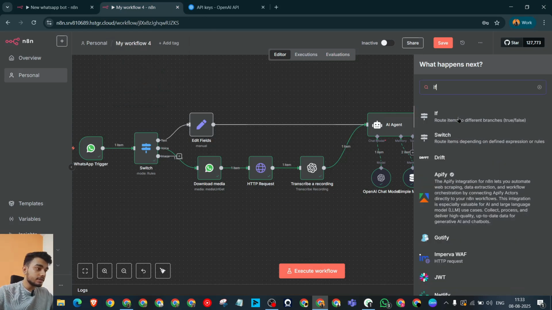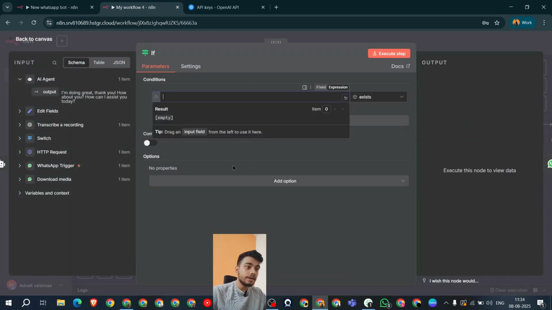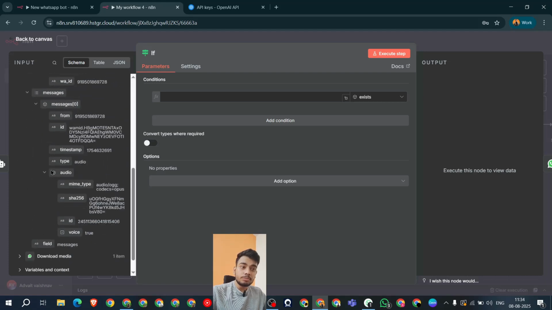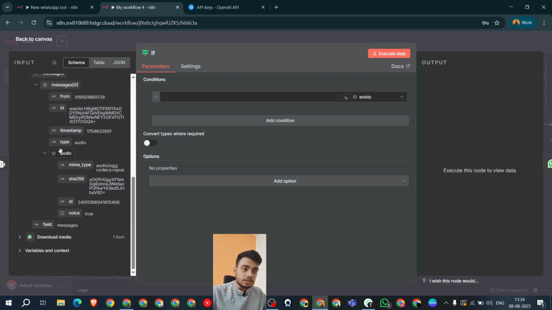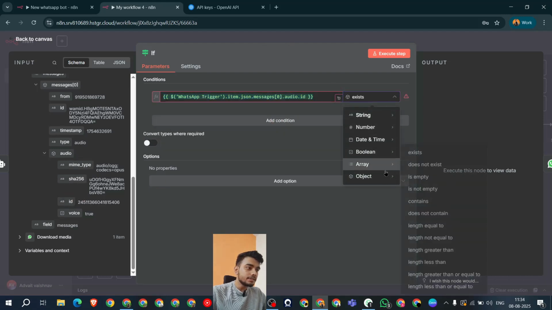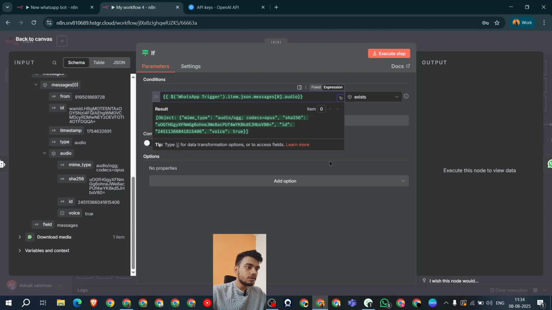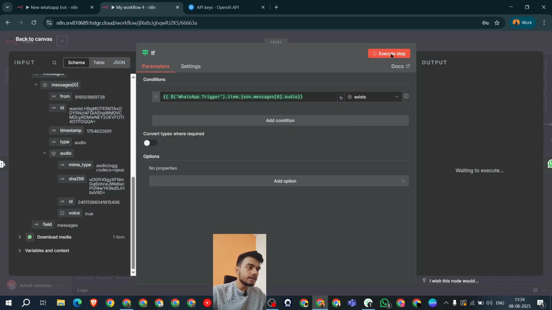So just click this if statement, and now you need to put the condition here. So for condition, you just need to click on this WhatsApp trigger and just drag this WhatsApp ID over here and click on exists, is equal to object exists,